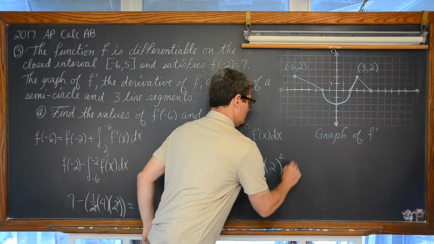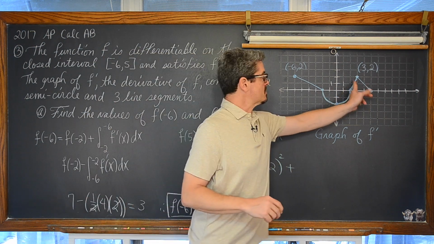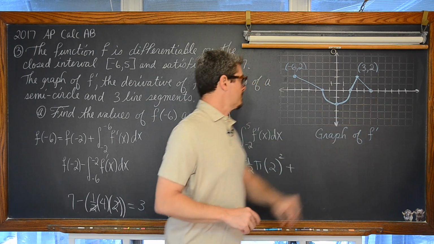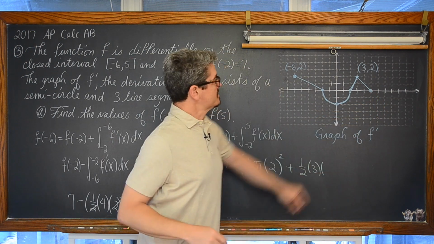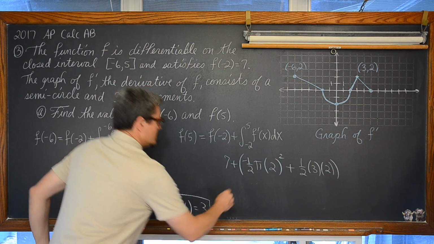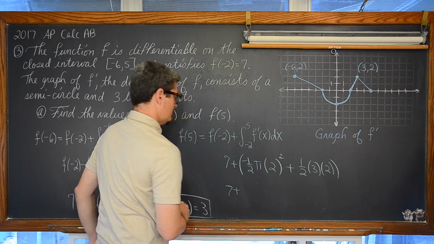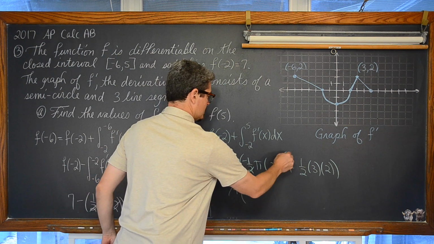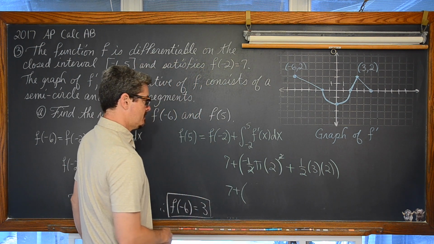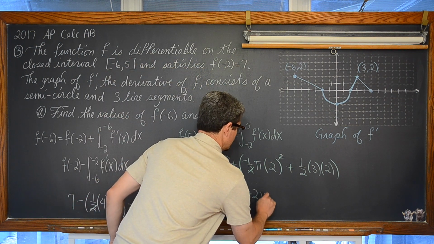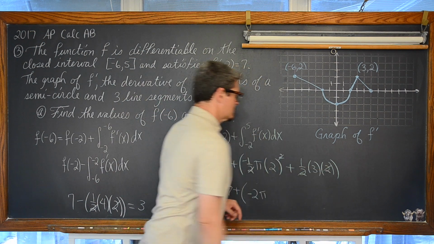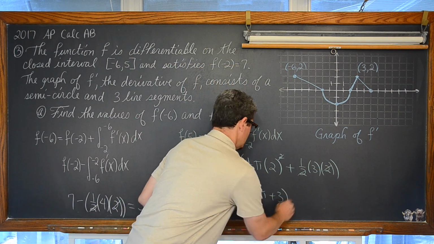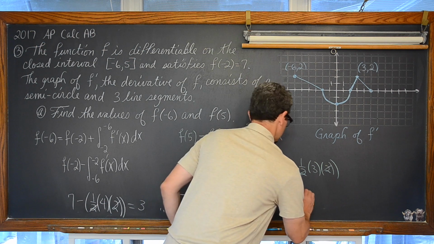And then plus the area of the triangle, which is 1/2 base of 3 times the height of 2. So we're looking at 7 plus, one of these 2's is going to cancel out with one of these 2's. So we have -2 pi. Again, 2 divided by 2 is 1, and we have 3. So our final answer is -2 pi